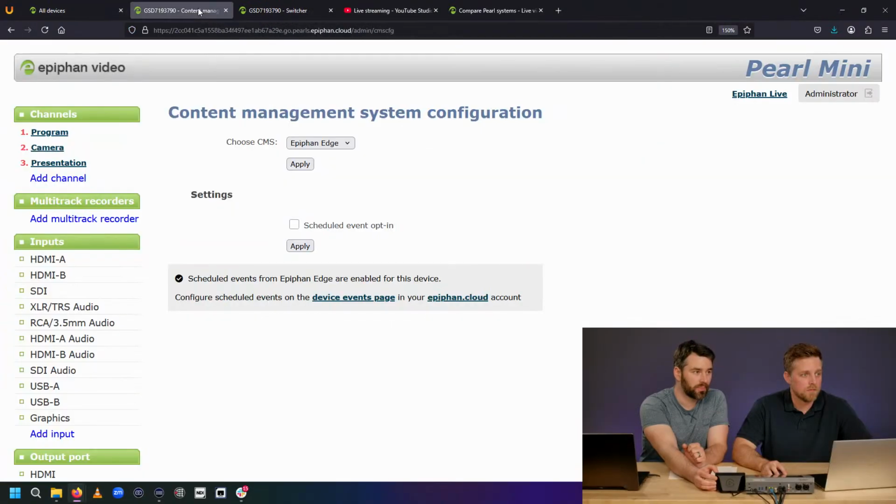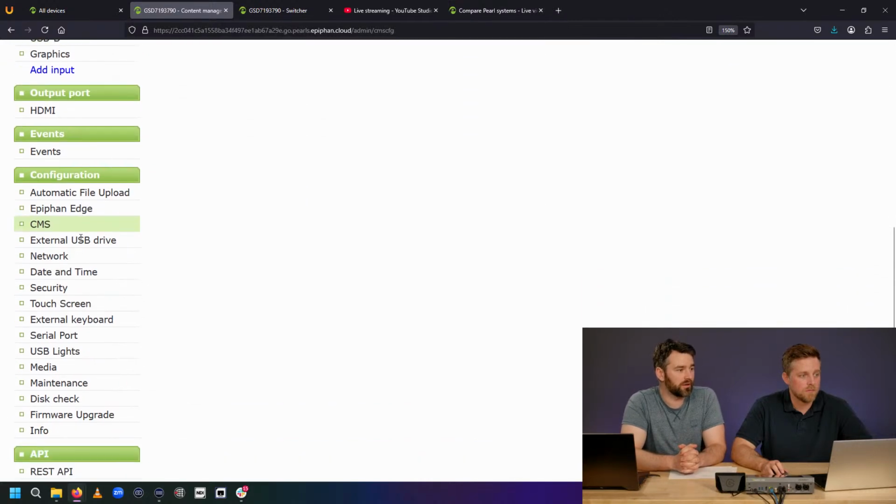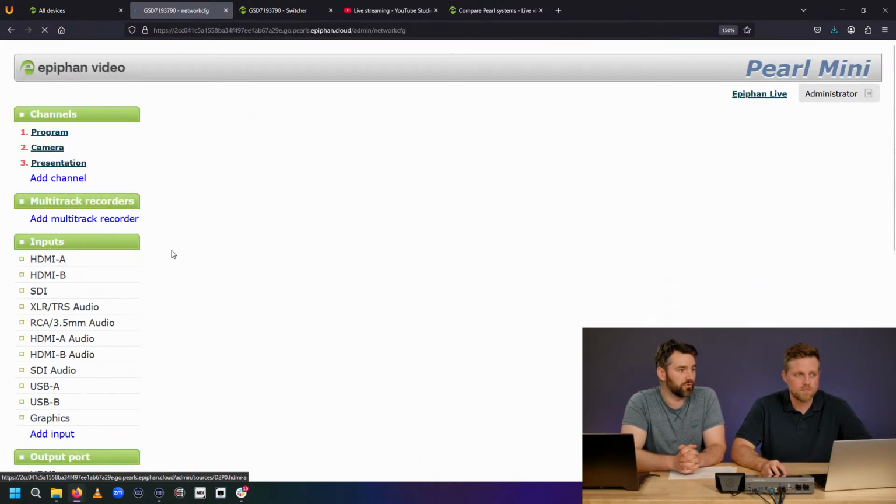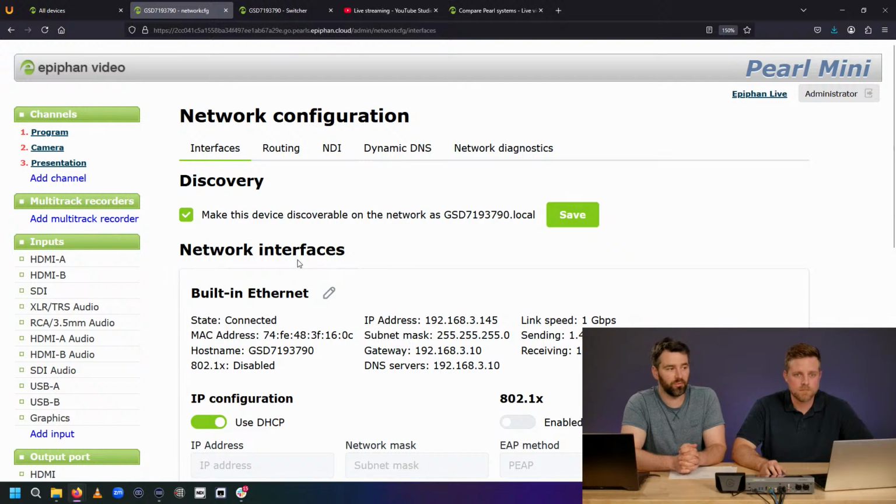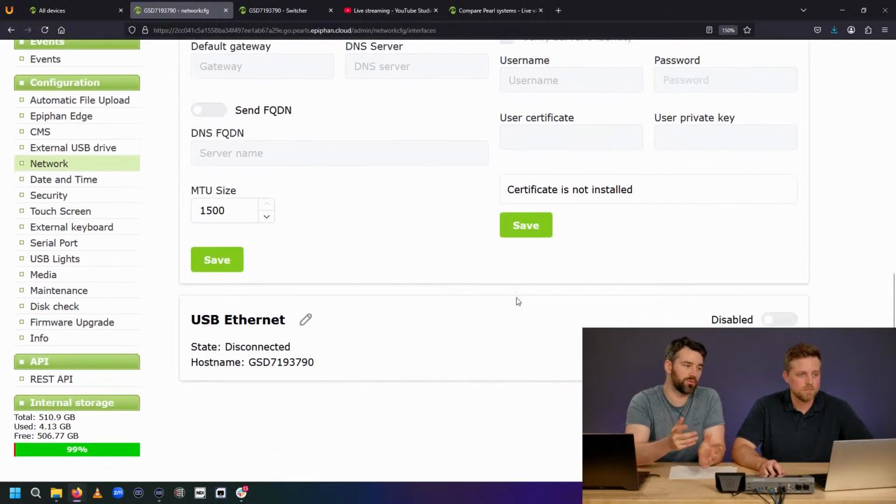Explain dual. Oh yes, good call. So dual network. Every one of our devices has a single network port. You can indeed add a USB interface. So maybe if you want to go to the Pearl really quick, just the admin panel really fast. We'll show this. Then if you go to network and scroll down, we don't have a USB interface connected right now, but you'll see USB interface. If you had a USB interface connected to the Pearl device, you can enable it.